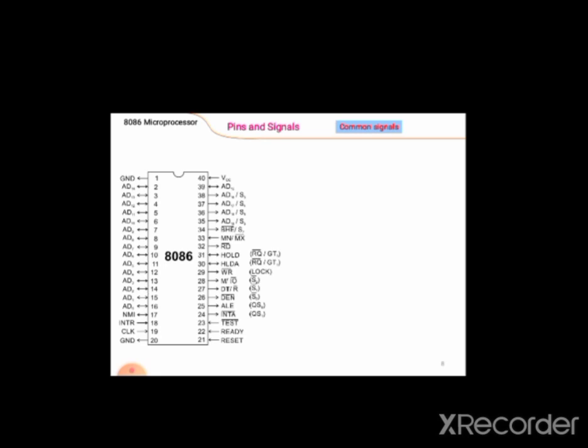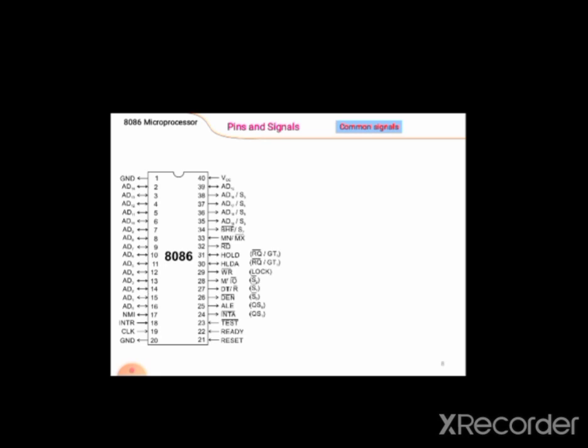So for an interrupt request, the processor first checks, or we can say another pin, the ready pin, checks whether the processor is busy, or in a wait state, or can handle the interrupt. So we have to send the interrupt request on the pin. It is a level-triggered interrupt request input.